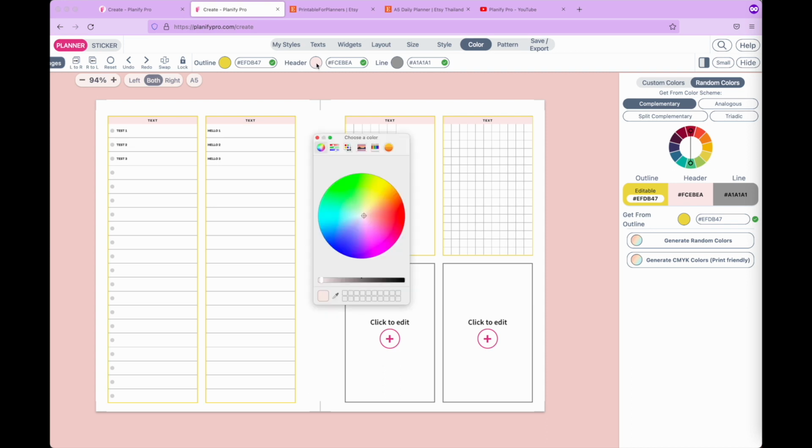The same applies to the header color. The header color is the color within the header. So when I change the color, it changes the color of all headers, like this. Same for the line color. It changes the color of all the lines. Now the grid